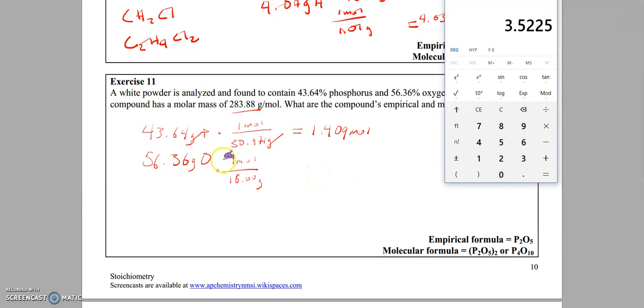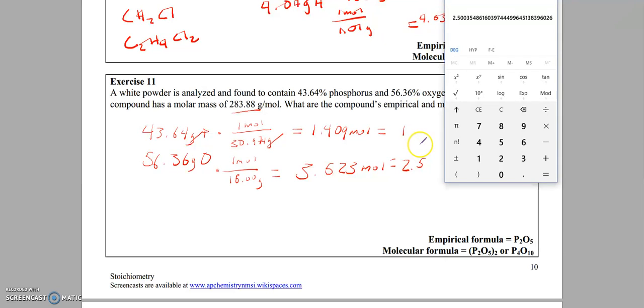we've got 3.523 moles. Okay, so these numbers are not the coefficients we're looking for. Instead, we've got to divide oxygen by this one. So 3.523 divided by 1.409. We get 2.5. So for every one phosphorus, right? 1.409 divided by itself is 1, and there are 2.5